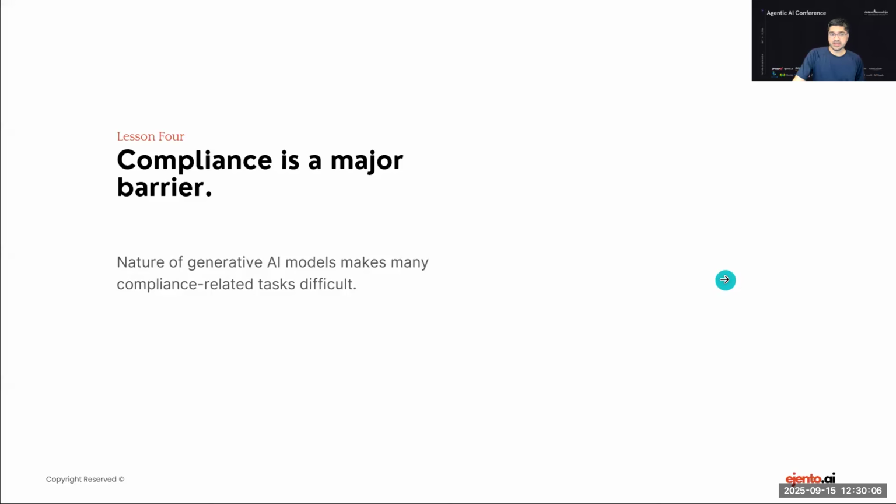Compliance will be a major barrier. Agentic AI applications, from our experience, have been the nightmare of the InfoSec team. InfoSec people, especially the CISOs, the Chief Information Security Officers at companies, simply cannot wrap their head around this non-deterministic nature of, are you telling me that no matter what I ask, it will just interpret and it can take any action, right? And when they learn about prompt hijacking and jailbreaking and all of that, seriously, they go crazy, right?